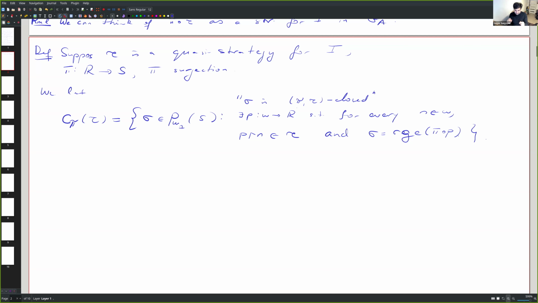If I had the property that any sequence I take which is according to tau, there is an x in sigma such that when I add it, it's still according to tau, then I can really find such a sequence, right? So remark: sigma belongs to C pi tau if and only if for every